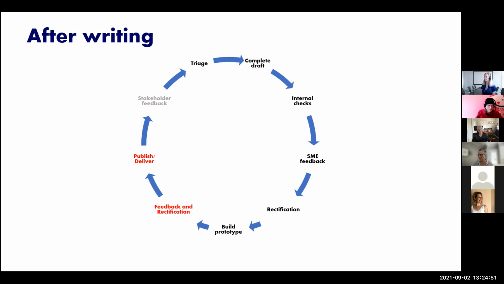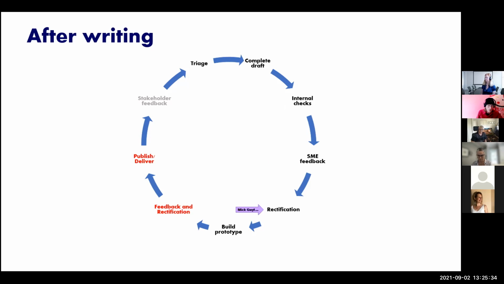So you've completed the draft, and then the first step might be to do some internal checks, and that might be at the level of grammar, plain English, readability, that kind of thing. So really a look over the wording and how it's structured. Then you would probably get, and sometimes it's one and the same person, some SME feedback. So if you're not the SME, Carl, for example, you're working off a learner guide like I am, then you need to get that check to make sure that you've aligned it with their understanding of how they deliver the competency, their view on it. So that then gives you first touch point of some feedback and some rectifications to your storyboard.